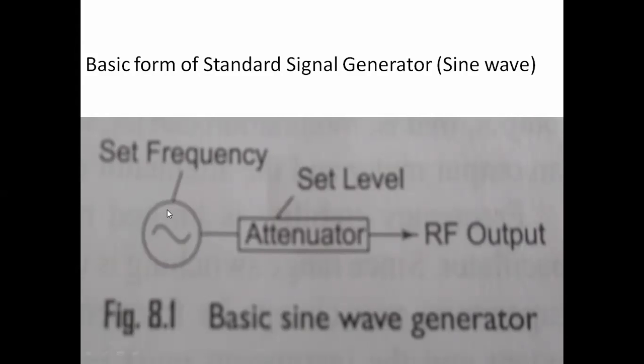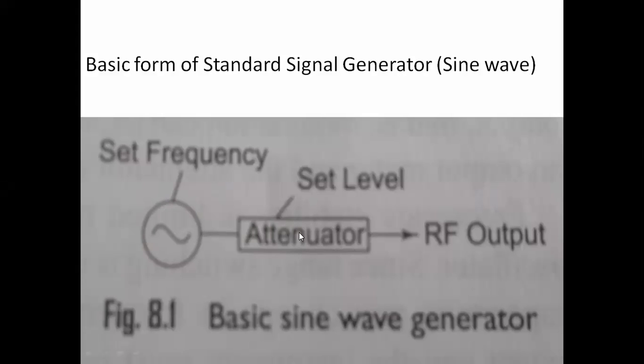The oscillator produces the signal, which can range from a small frequency to a very high value, up to gigahertz. Coming to the attenuator, it has an option with which we can select the range of frequencies. It is also like a divider type of network. The generated oscillator signal will be connected to the attenuator.